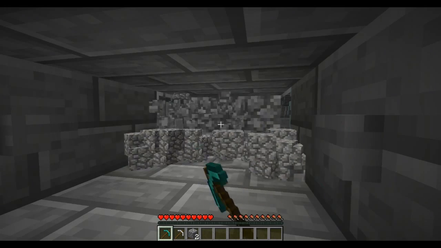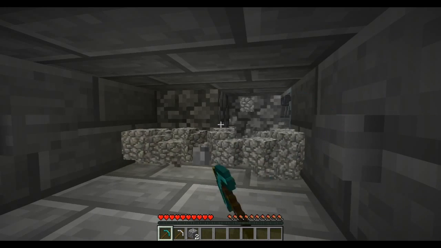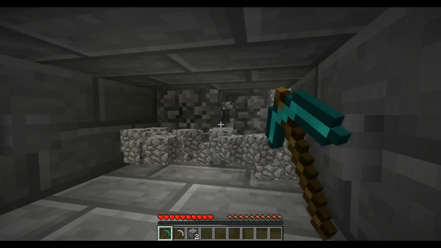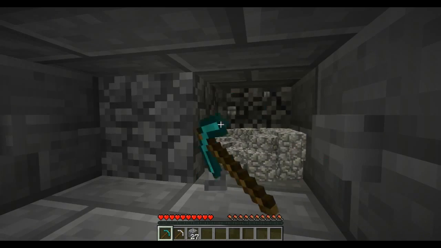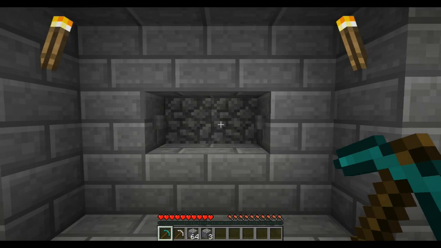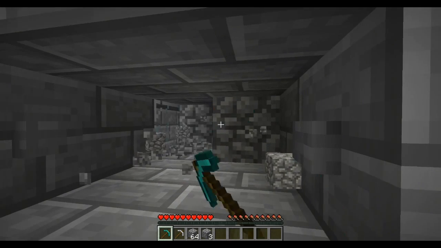But the reason I actually built this system is because my original design only had 1 row, and it was just too slow. A diamond pickaxe would just mine it way too quick. Even an iron pickaxe would mine it too quick, and you ended up just standing there waiting for the cobblestone to spawn and move towards you. So I fixed that by adding 2 rows and optimizing the lava and water cobblestone spawn rate, if